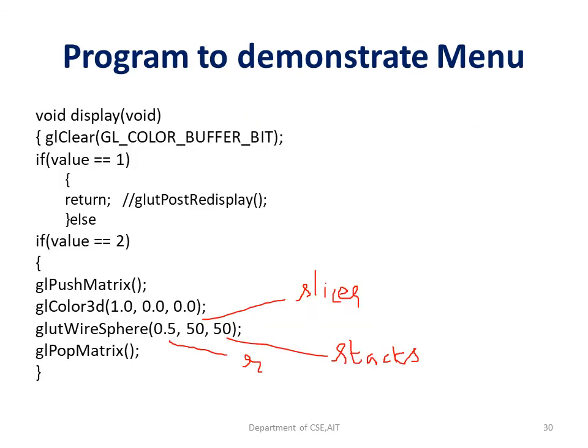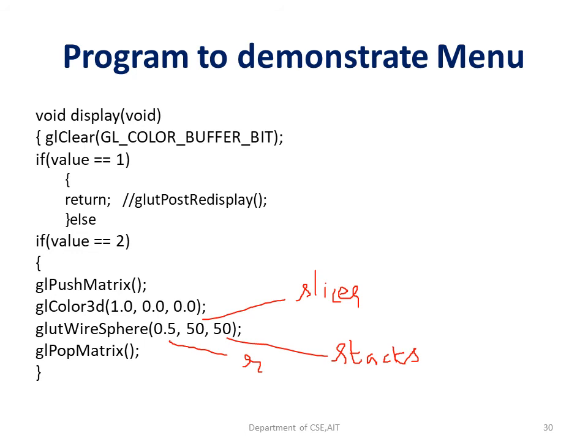In this function we are going to create a sphere, a wired sphere. That means it will be a skeleton of the sphere. It is having 3 parameters: radius, slices and stacks. So the sphere will have a radius, that is given by r here, and the horizontal and the vertical divisions that we have are called the slices and the stacks. So by making use of this, we are going to complete the sphere.